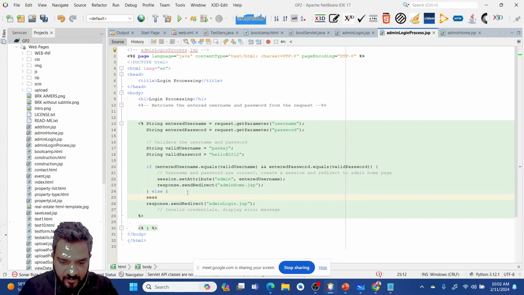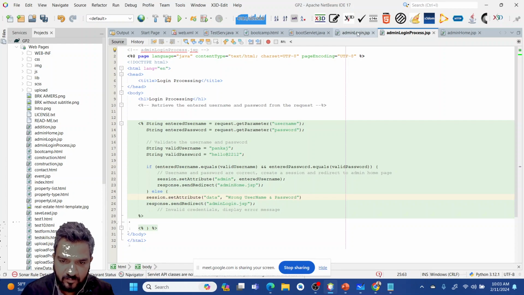So we are telling it session.setAttribute. The attribute is data, and the data we are sending is wrong username and password.